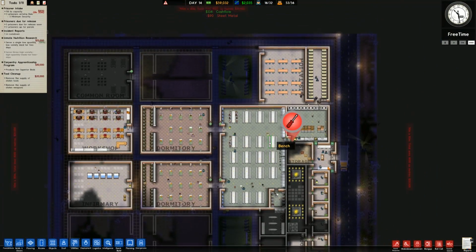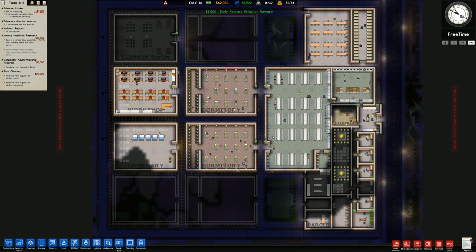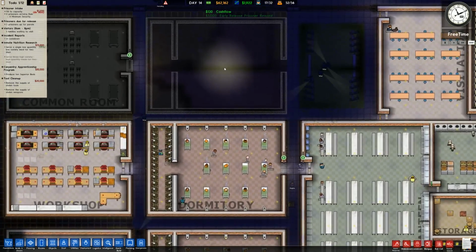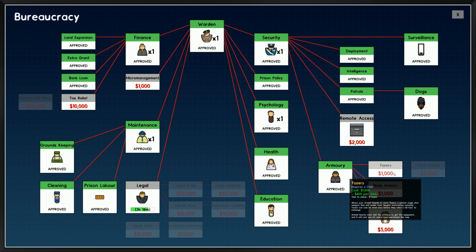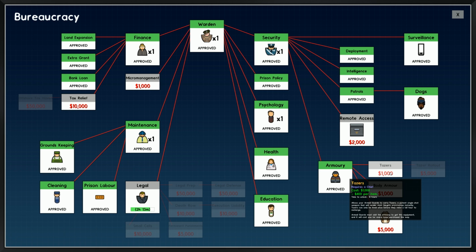I think it's also important that we start thinking about putting some flooring in. There's an early prisoner release, and we're also getting 1,922 per day. But I mean, if this was a medium risk facility, we'd get a hell of a lot more than that. Let's go over to Bureaucracy and see, do we need body armor and tasers? Not really, but is there a downside? Tasers allows your armed guards to carry tasers. That's not correct because... Oh, sorry, that is correct. Taser rollout is where everybody else gets it. My mistake. So, once the fired...